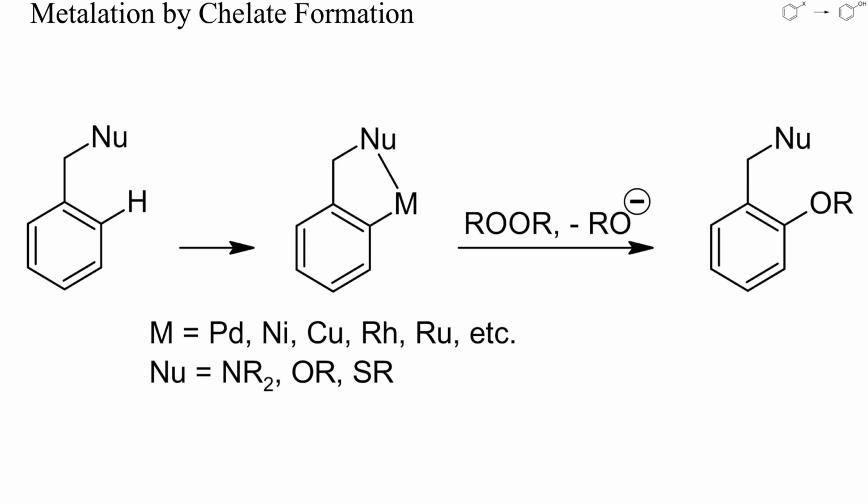Benzylic heteroatoms can facilitate the direct metalation of arenes with transition metals by chelate formation. Oxidation would then yield a phenol or a protected phenol with high orthoselectivity. Because late transition metals are often difficult to oxidize, catalytic amounts of metal may be sufficient to attain a complete conversion. A huge number of examples of such reactions have been and are still being reported. Unfortunately, the scope of such hydroxylations is of course limited to chelate-forming starting materials, and in most examples the chelate-forming group cannot be removed from the product.